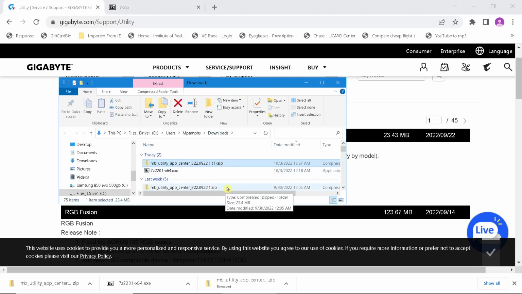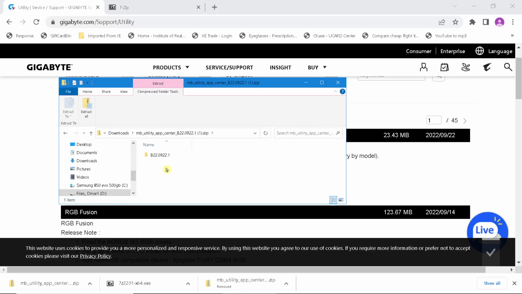Now, I downloaded in the past. This window did not show up for me when I was requesting it earlier. I don't know why. It really doesn't matter. So once you download it, if you left click twice, you're going to come up to this folder right here. Now, if you do not see this folder after you double left clicked, then what you'll need to do